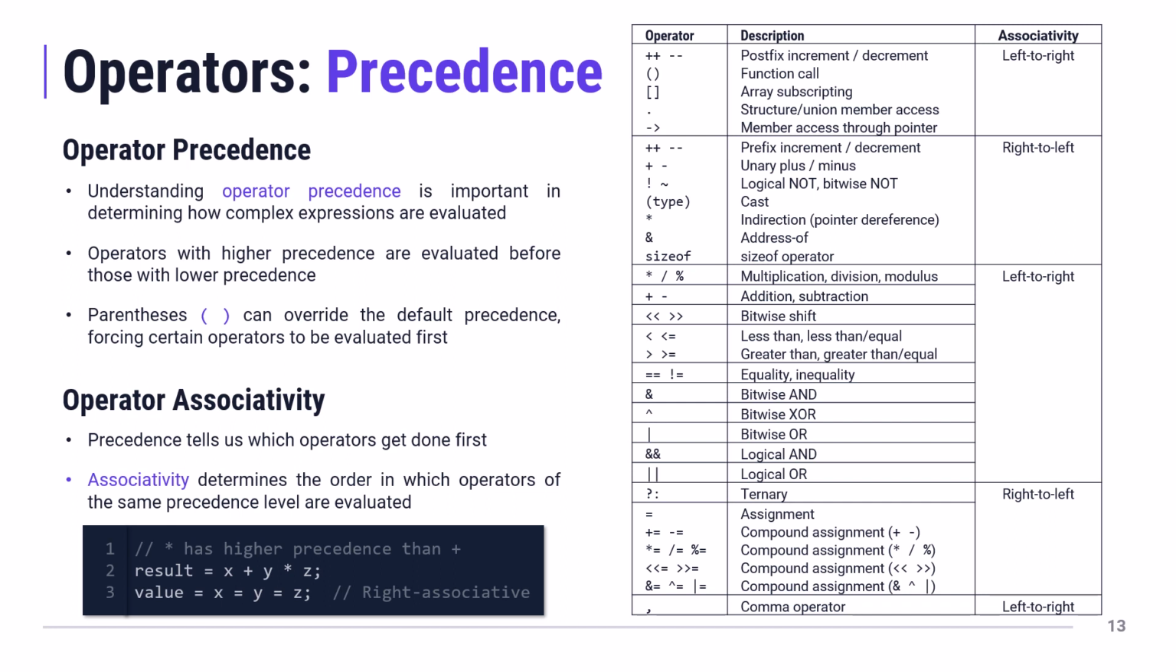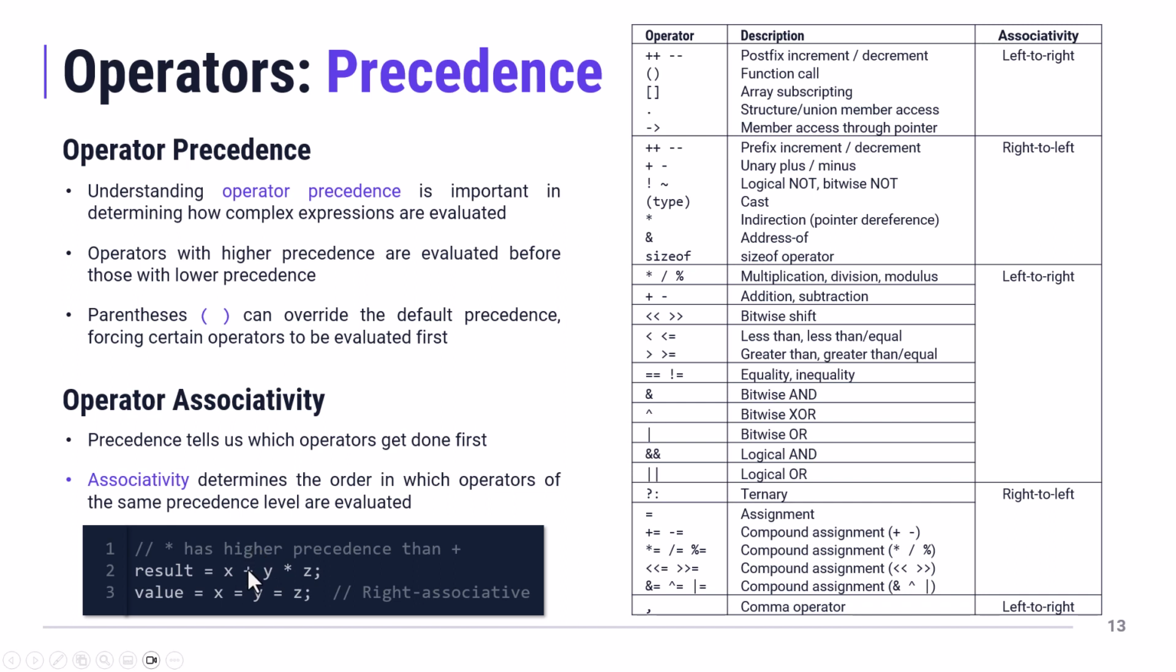Now, the notion of operator associativity, I talked about it briefly earlier. Precedence tells us which operators get done first, whereas associativity says, okay, we've got these operators at the same level of precedence. What's the order we're going to evaluate those in? So to give an example here,